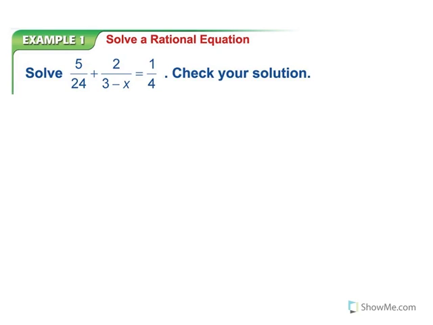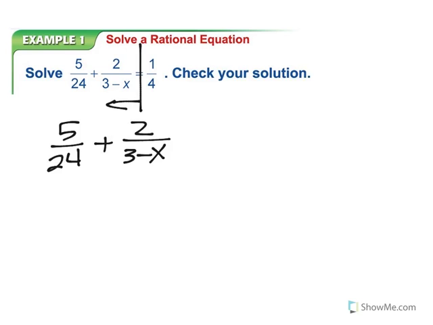Alright, so on this, I'm going to separate this into two separate problems and then bring it back. So I'm going to think of this as halves. The stuff on the left side of the equal sign I'm going to deal with first. So 5 over 24 plus 2 over 3 minus x, and then I'm going to have my 1/4 over here. We still have our equal sign in between, but I just want you to see that I'm talking about two separate things here. Now, in order for these to be combined, you're going to have to do your SMILE method,